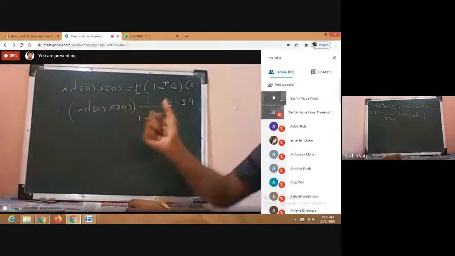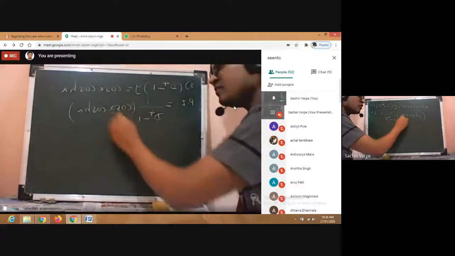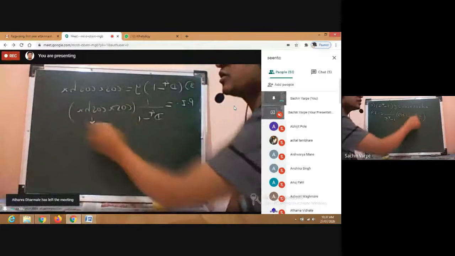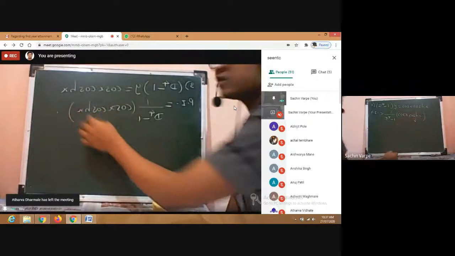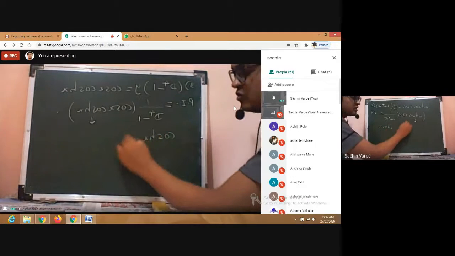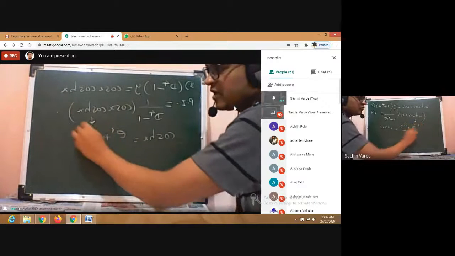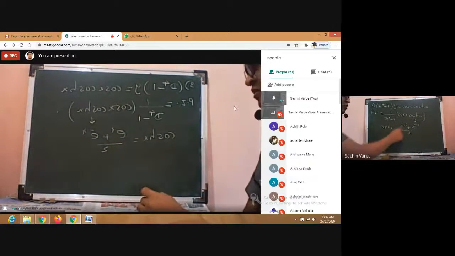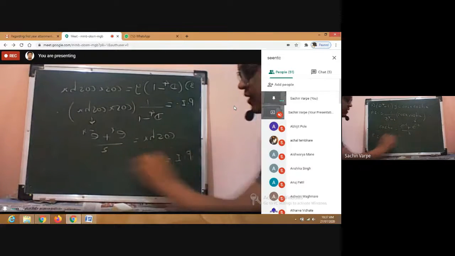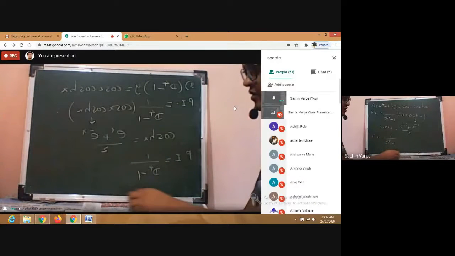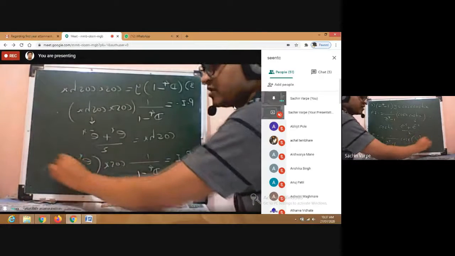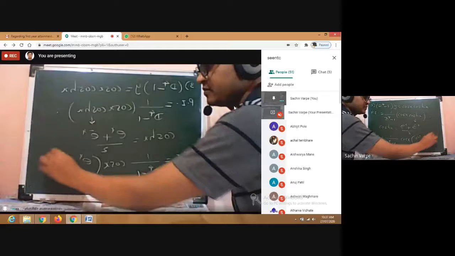So I know the formula, either to write cos in terms of exponential or to write the hyperbolic cos in terms of exponential. So let us use the hyperbolic cos function in terms of exponential function. I know the formula, that is hyperbolic cos x is equal to e raised to x plus e raised to minus x upon 2, isn't it? So with this formula, I can write PI is equal to 1 upon d raised to 4 minus 1 cos x into e raised to x plus e raised to minus x upon 2.